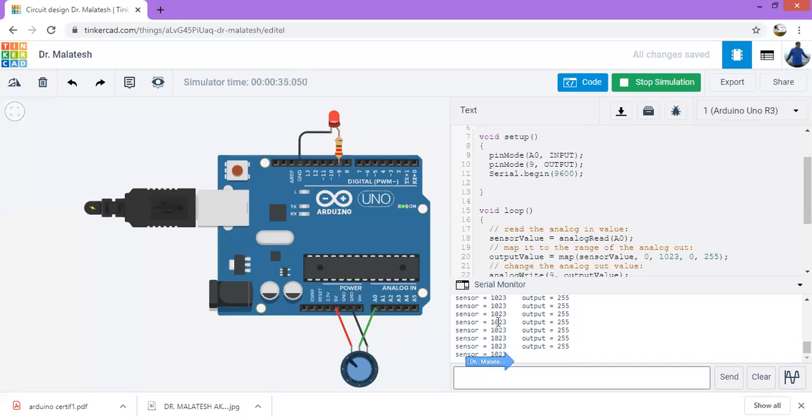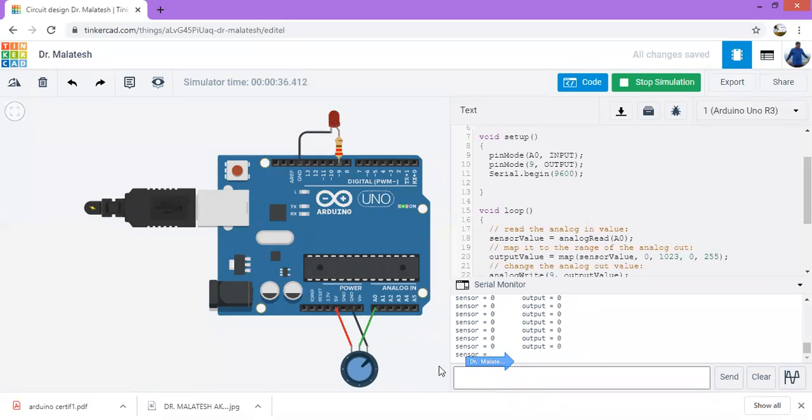So when it is 1023, it is nothing but 5 volts. So it's nothing but 255. Now I will rotate this. You can see, to make it 0 now. So you can see it's 0. So sensor is going to send a 0 here, and the output is also 0.